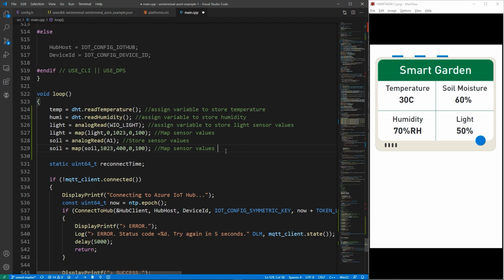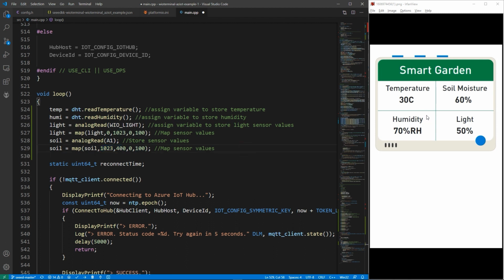So this will map the range from 1023 to 400 to 0 to 100. I have explained in the previous video where I built this smart garden project how to calibrate the soil moisture sensor to get the soil moisture sensing range. So you can go and check that video to learn more about the calibration.